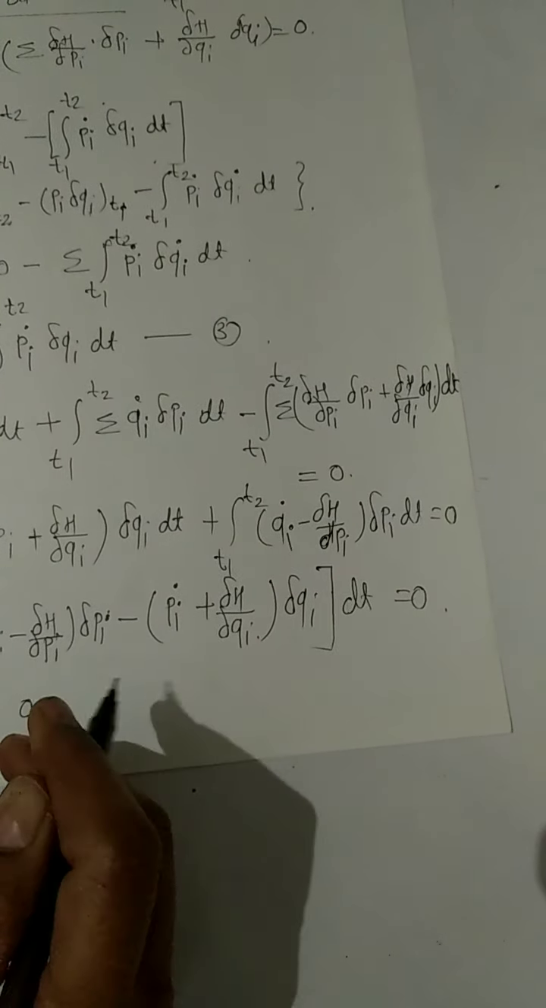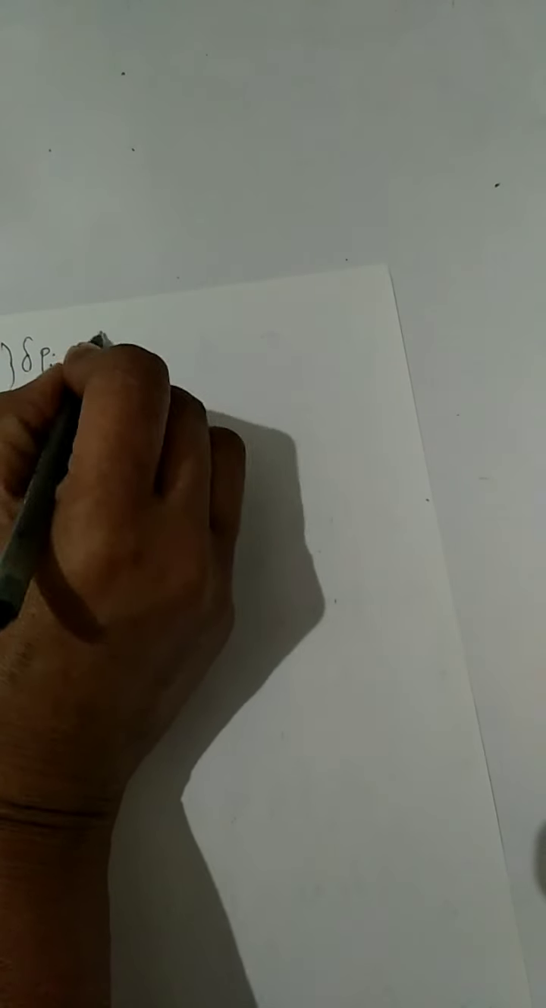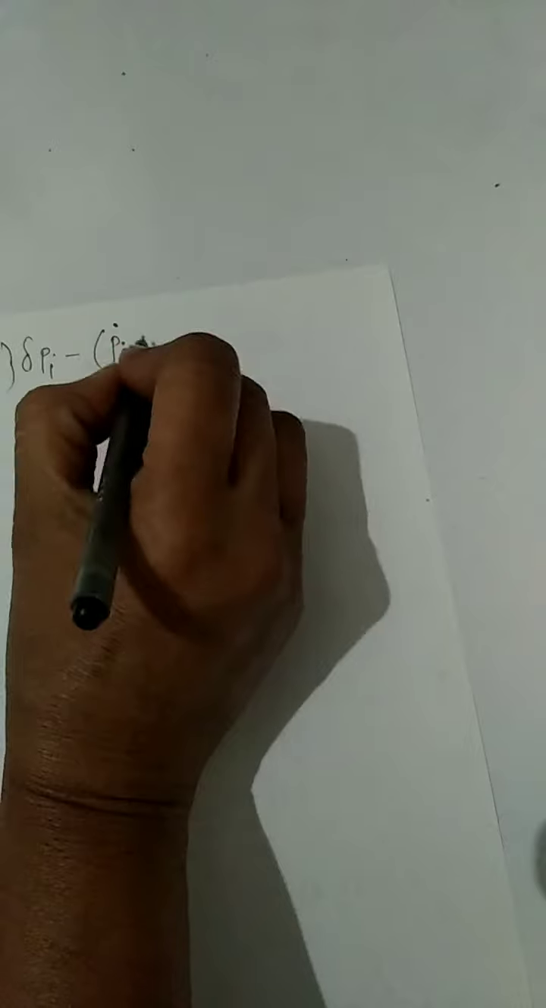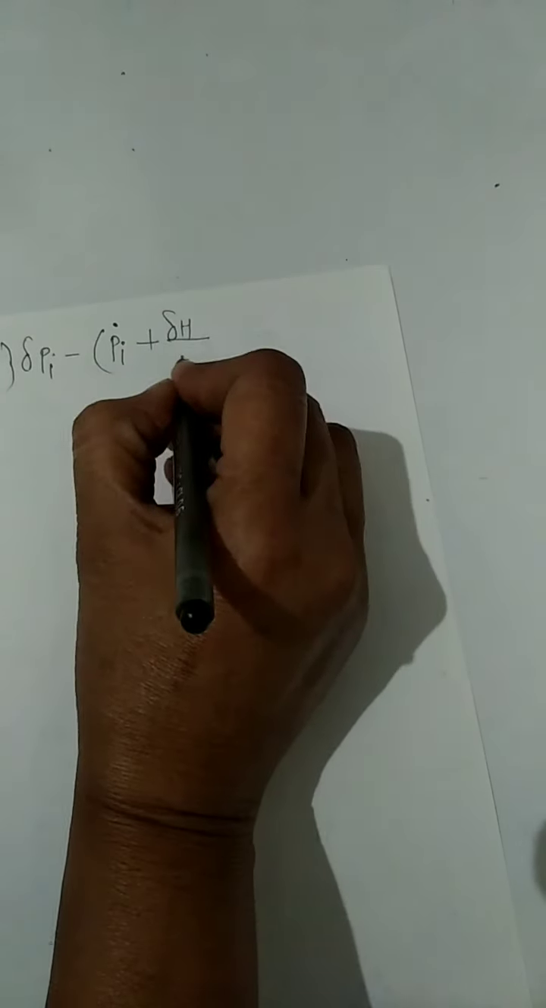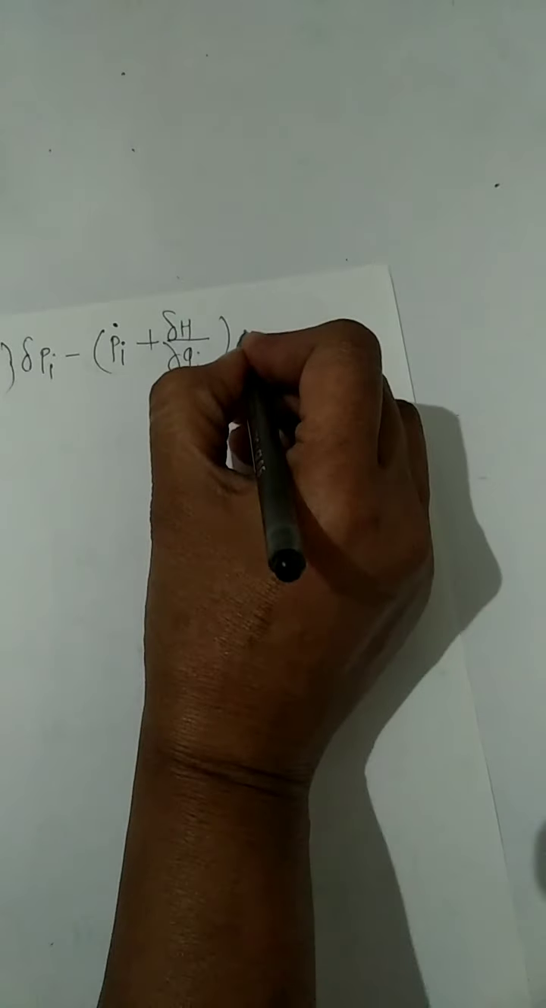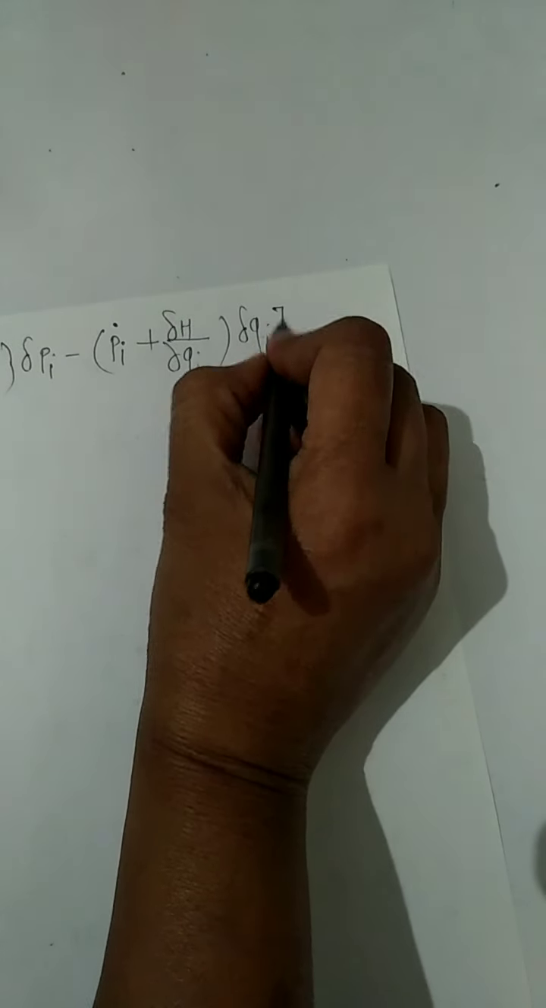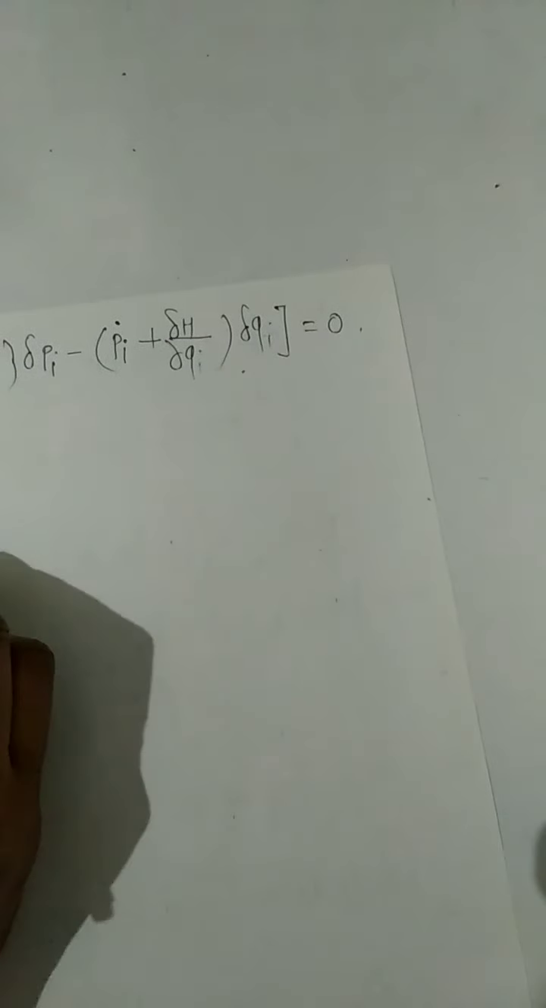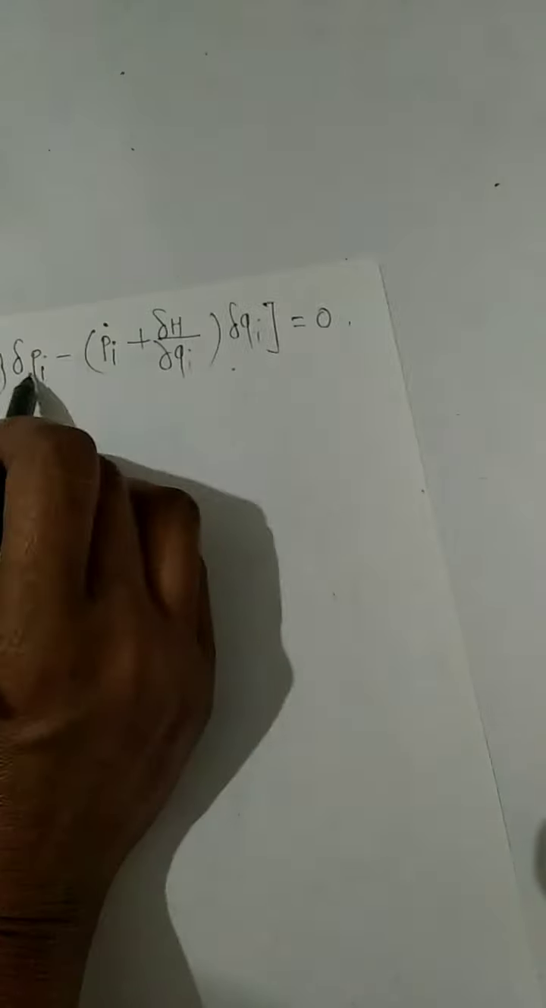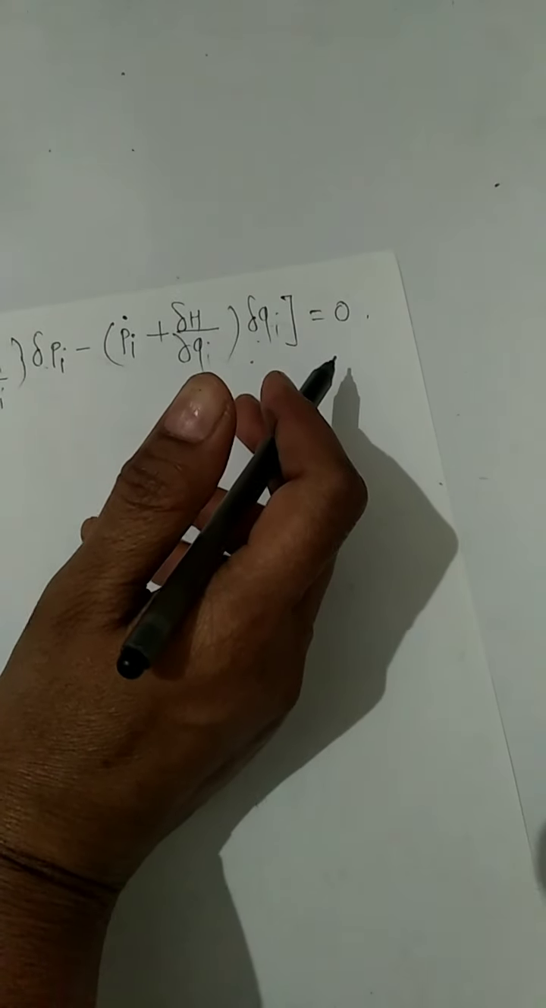del Qi is different from 0, and then this implies that the summation of Qi dot minus del H upon del Pi into del Pi minus Pi dot plus del H upon del Qi into del Qi is equal to 0, and here del Pi and del Qi are arbitrary, and hence